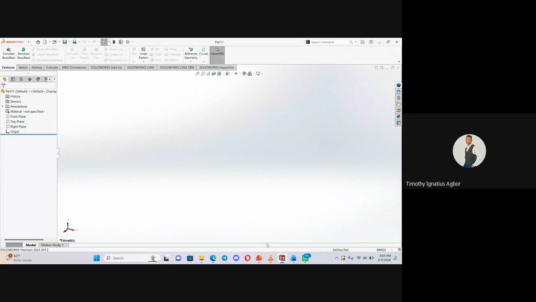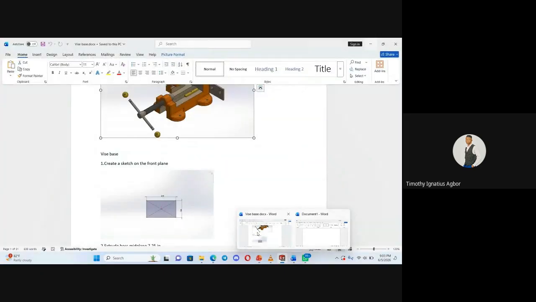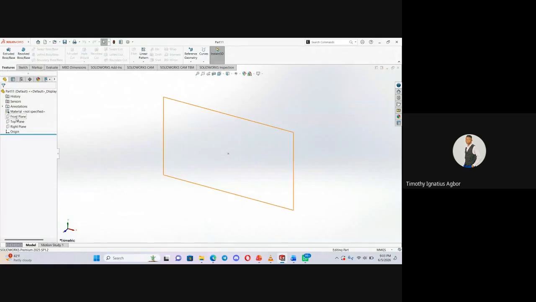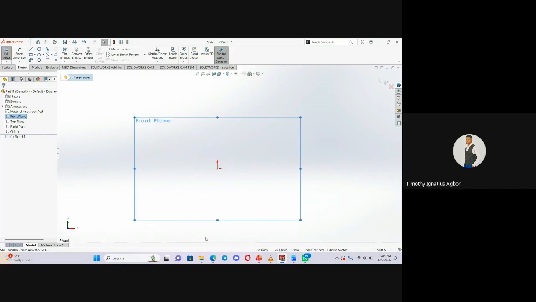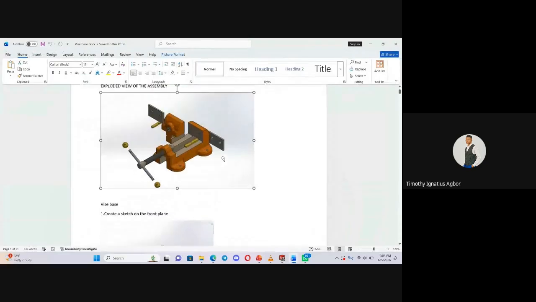I wish I can display both together, but let's see how we do. So I create a plane. On my front plane, I create a sketch. Now, looking at your bench vise, it looks like